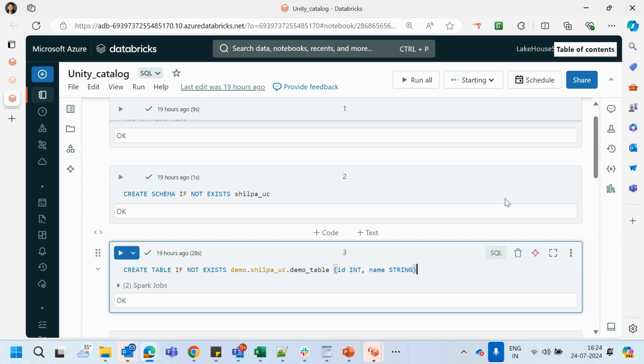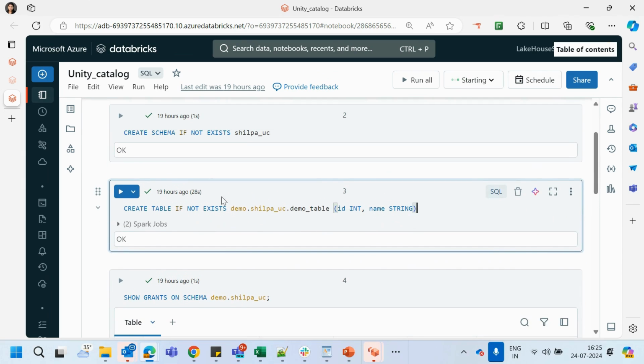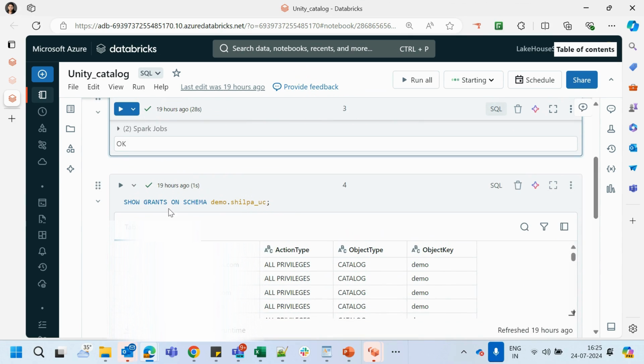Once I have created this particular table, then I can go ahead and grant some permission to this table that is present inside my Unity catalog. Before that, let's first see what exactly permissions are provided under this Shilpa underscore UC schema. I have done a show grant on that schema.